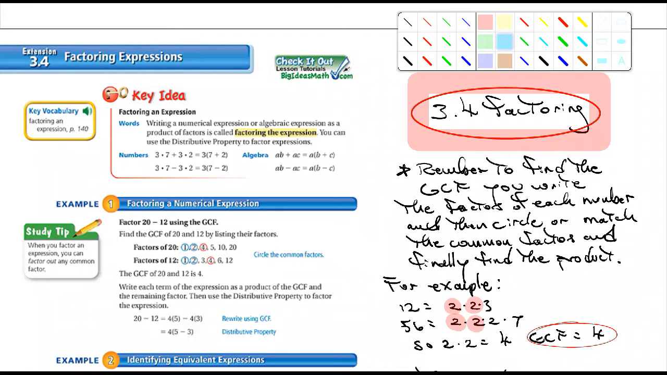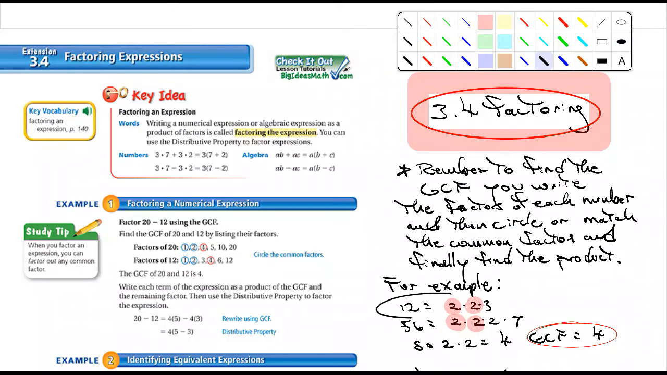So you write the factors of each number, and then you're going to circle or match the common factors, and then you'll find the product of those. In other words, you're just going to multiply them together. And so I gave you an example right here. For example, if I said find the greatest common factor of 12 and 56, notice the first thing I did